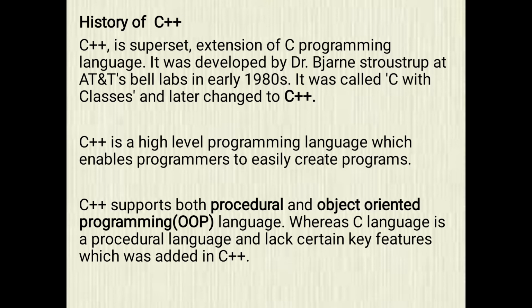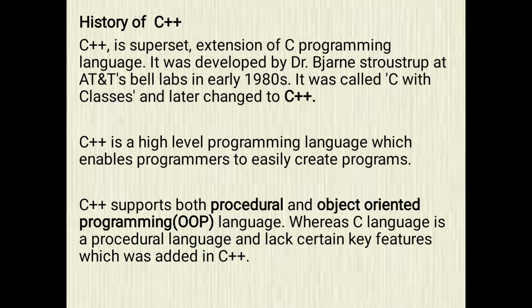Before C++ was developed, the C programming language was there. Based on that C programming language, the C++ programming language was formed. There were some features in C that were lacking, so that setback was overcome by C++